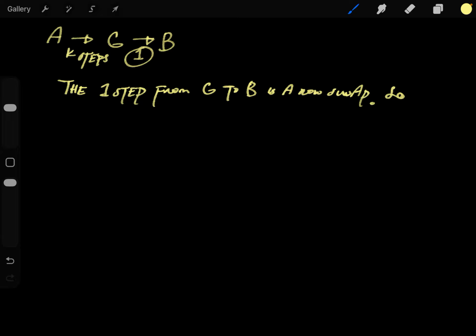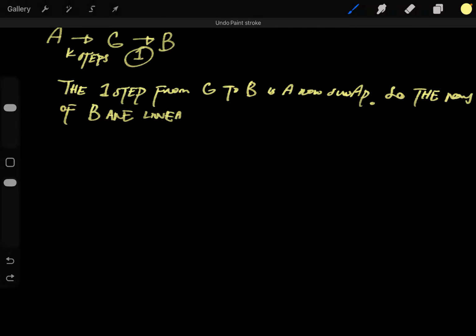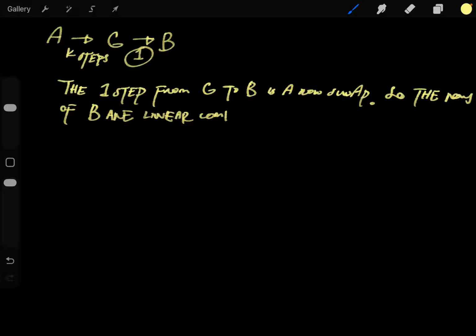So the rows of B are linear combinations of rows of A. And then now, what else could it be? It could be a rescaling. So now, if it's a rescaling,